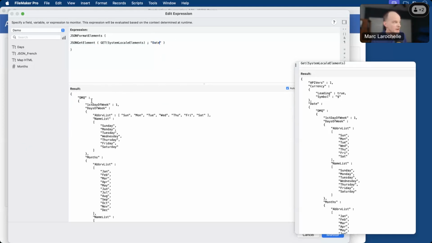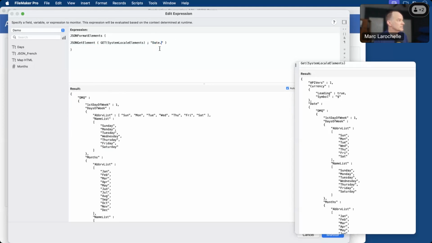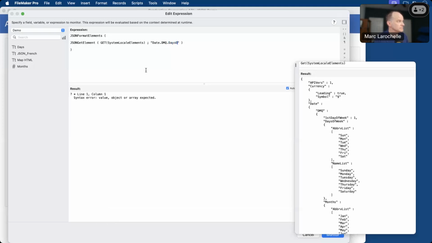So now I've honed in on date. Now I'll go one step further, .dmq. Okay, now I'm getting closer and closer to what I need. The next thing I need is days of week, spelled just like that. And now I'm getting much closer. Now I need name list. And now remember, this is where the array starts here. So if I do .name list,